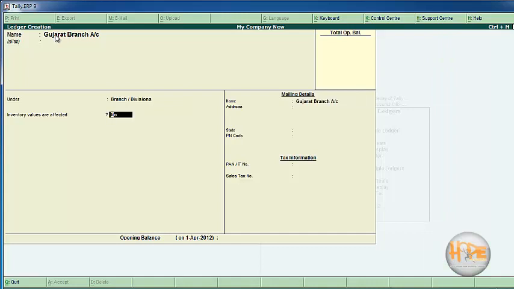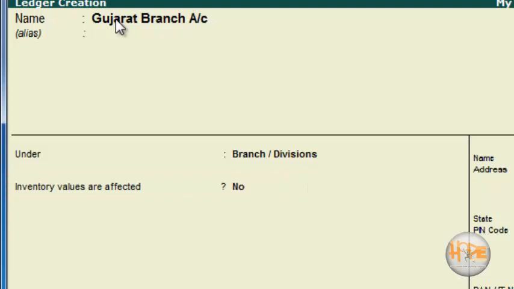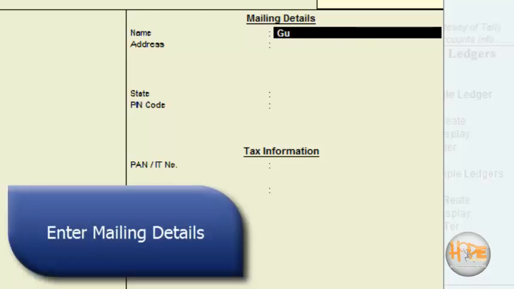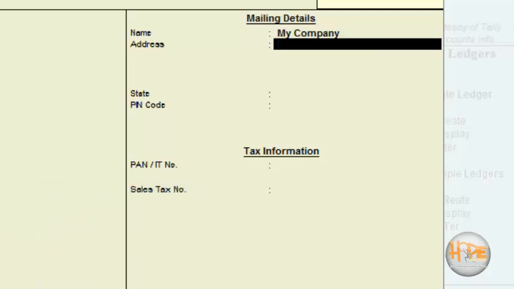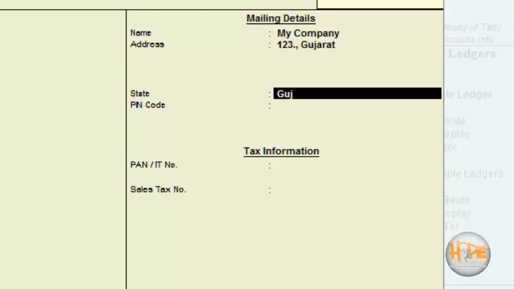Now the second option is whether inventory values are affected. We are maintaining inventory in sales and purchase management only. So in branch and banking we are not maintaining inventory, so we are putting No here. You have to write the mailing name and mailing address here. The mailing name can be our company, so I am writing my company name. You can also write the mailing address here. You can select the state, pin code,